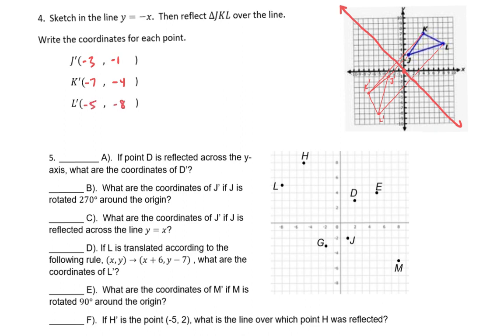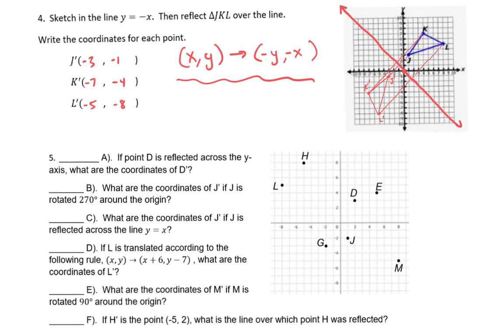There is a rule for this. There is a shortcut. The shortcut is we take whatever x and y we had originally and we switch them, and make them negative, or make them the opposite of what they originally were. Okay? So that is the rule, if you like rules. I know some teachers teach that, and I used to make my kids memorize them, but that's the rule for